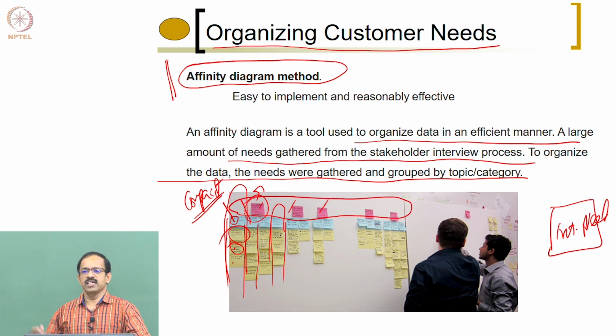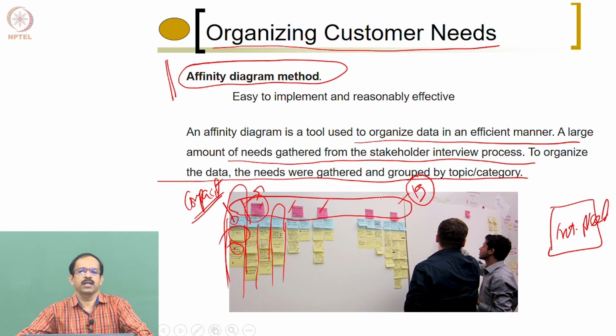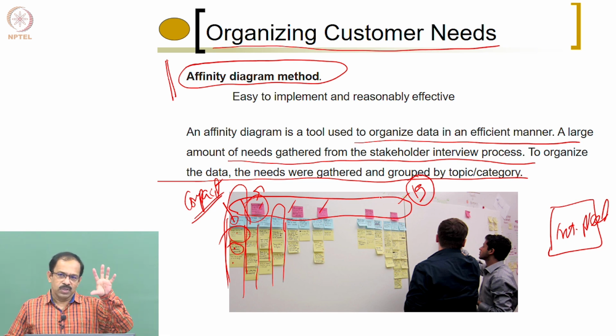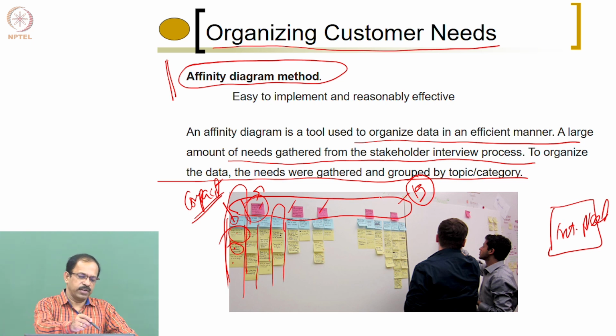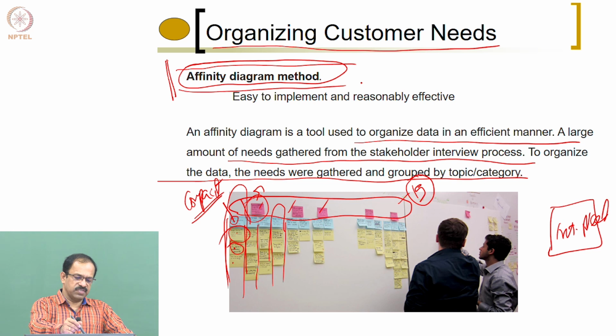Though you have 1000 needs identified, finally you will be able to categorize them and then say that okay, there are only 15 needs which need to be addressed in the product. So that is the way you start categorizing the needs and then bringing the needs into some specific needs that can be provided in the product. Customer needs that have to be provided in the product. So this is basically known as the affinity diagram method. We'll discuss this in the next class. How do you actually do an affinity diagram method for getting the product?